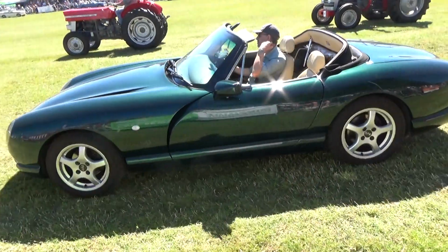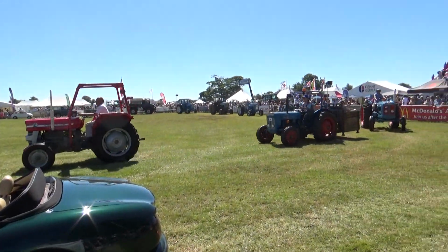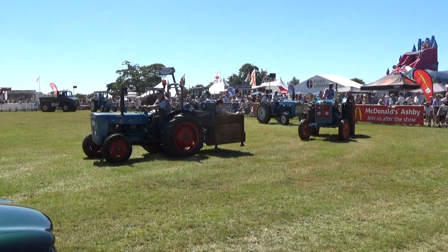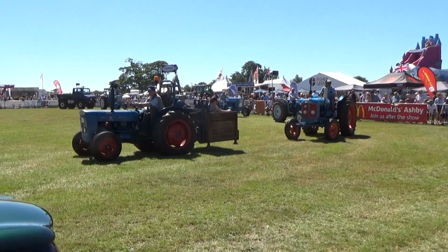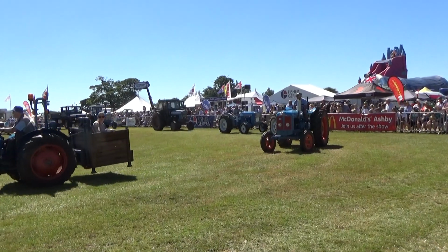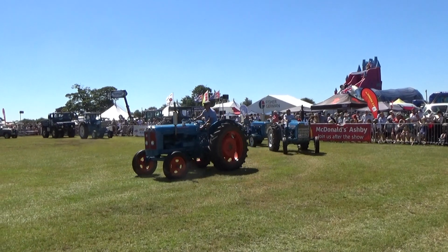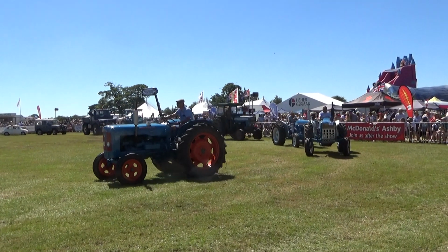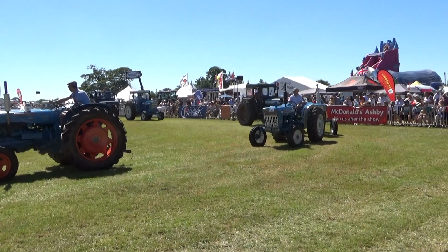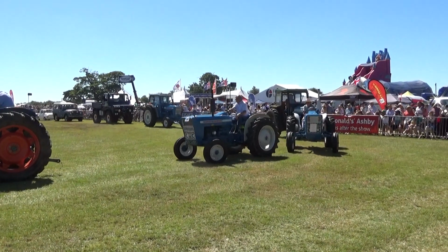The Ford Anglia van is quite a rarity in that the family owning it moved to Canada, took the van with them, and when they came back, brought the van back. The next vehicle we have is a lovely car owned by someone who also runs a range of work, a lovely Land Rover, and this Plymouth, a 1958 Plymouth, is a car he's always wanted, and here we have it luckily in the ring today, followed by a beautiful Morgan in dark metallic